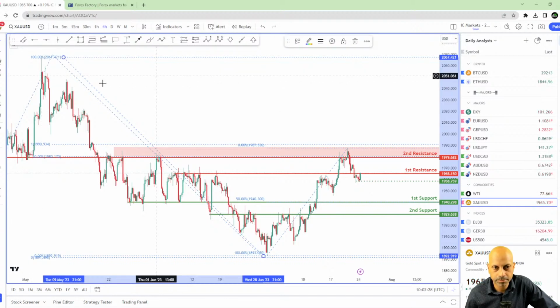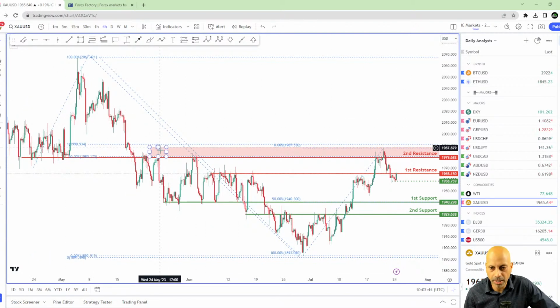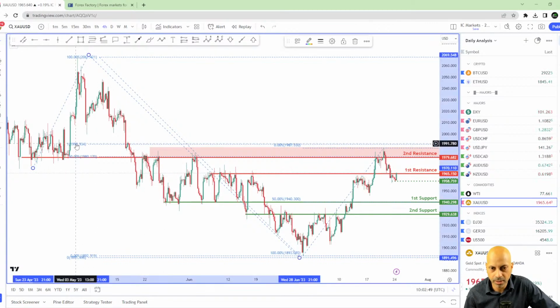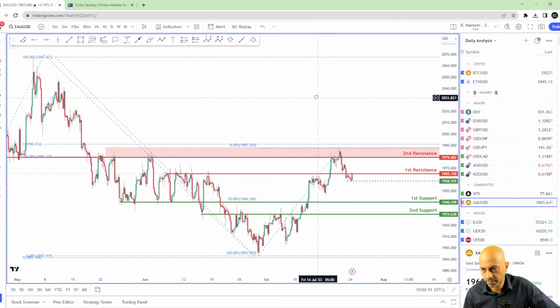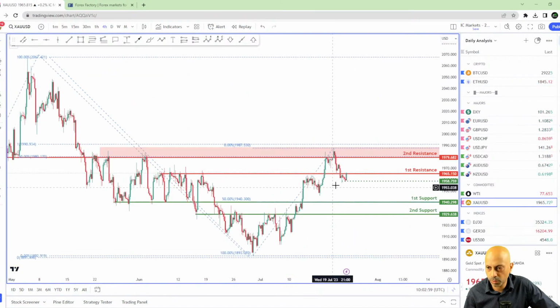This is from this swing high on 3rd of May, ending with a swing low on 29th June. So we have the overlap and the 50% Fibonacci retracement to help us identify the second resistance. And also we have a big zone that's, I guess, more applicable on a daily time frame that is identified with the 100% Fibonacci projection. Naturally, as dollar index is retreating, we can expect gold to rise and potentially test this first resistance